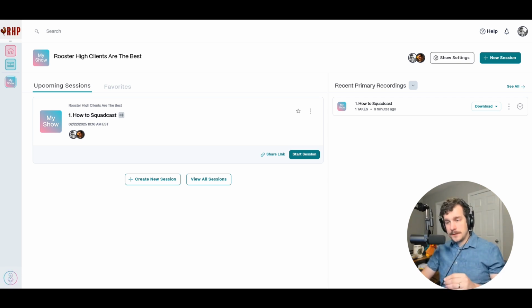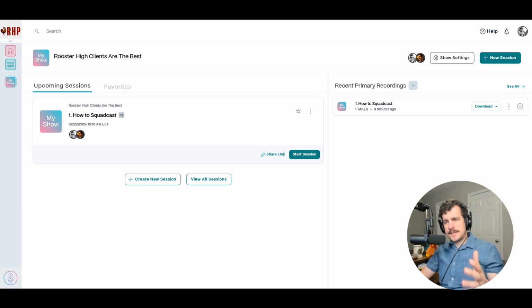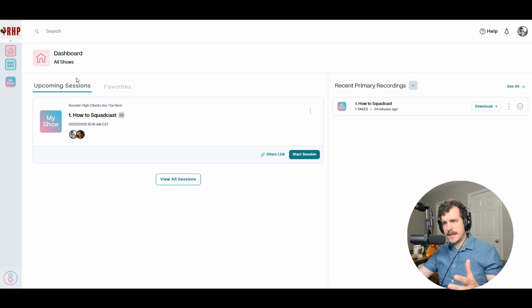The first thing you're going to do is go to app.squadcast.fm. That's app.squadcast.fm, and you will get this dashboard. Now, what you're going to see on the left is you're actually going to enter in this screen, dashboard all shows. Now, one thing that you'll have to do right off the bat after coming here into the dashboard is